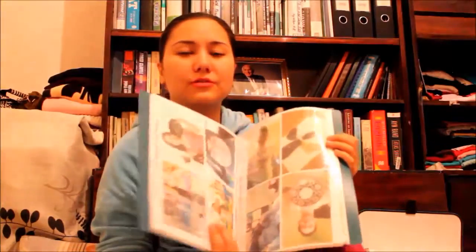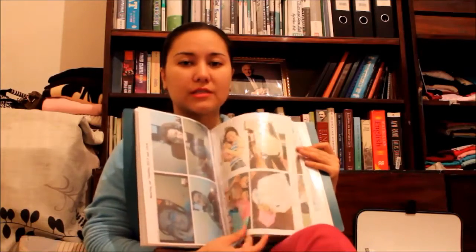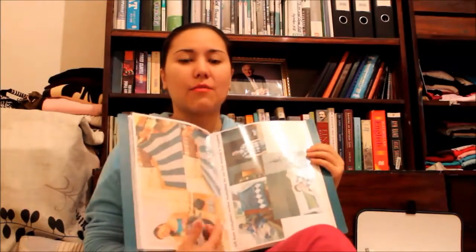Okay, so the last thing that I'm gonna show you is, it's a common thing to prove your relationship is bona fide. So, pictures. I have got the pictures right here. I made the file this way in a collage, so it's much easier to see when these pictures were taken and where. So here I've got the pictures of our Skype conversations and meeting each other's family on Skype, us doing yoga together. And then the gifts that we have exchanged, like I needed some blanket and my mom needed some stuff from him as well. So the gifts,